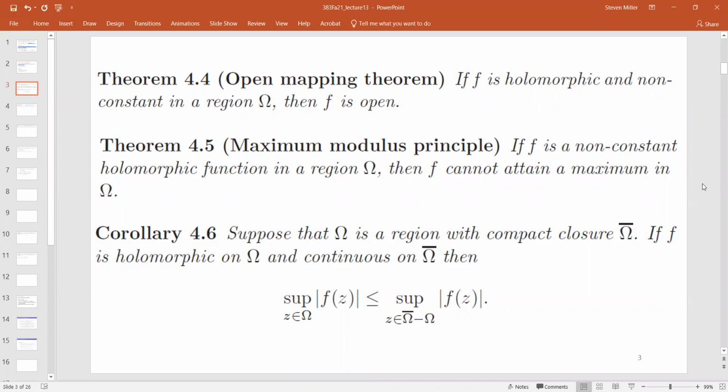The maximum modulus principle says that if you have a non-constant function, then it cannot attain its maximum in the interior. Since you're in open mapping, if you had a point in the interior that had the same absolute value as something on the boundary, which was the largest, well, if you take a small map, it would have to be a little bit larger locally. So that's a contradiction unless your function is constant. Again, completely different from real analysis in terms of the behavior.